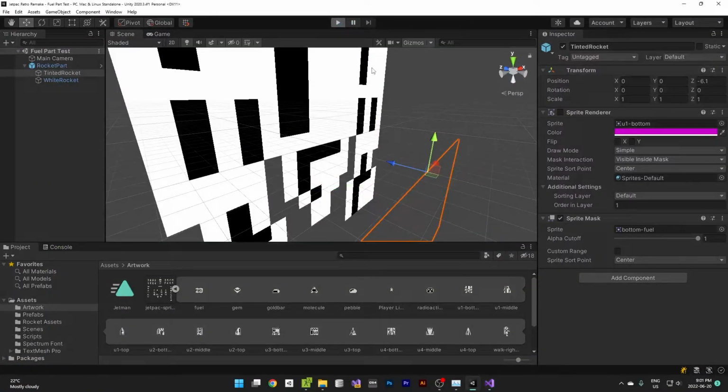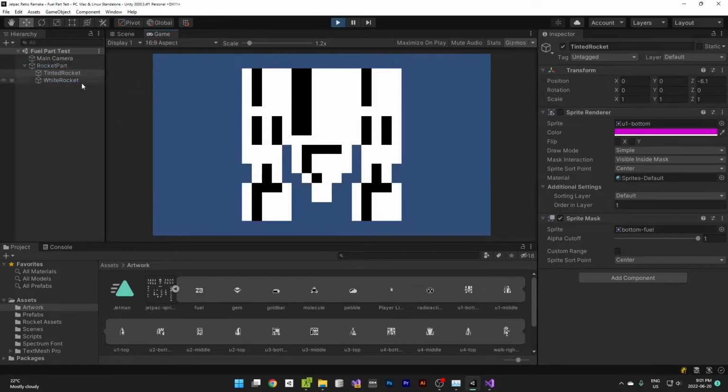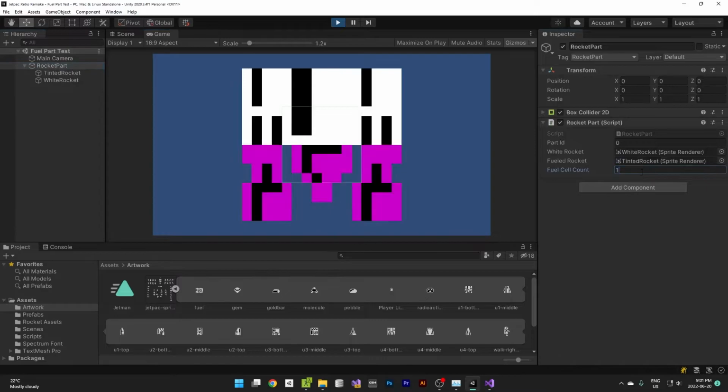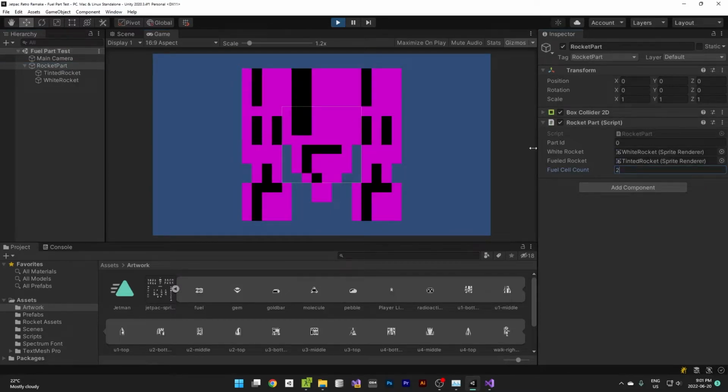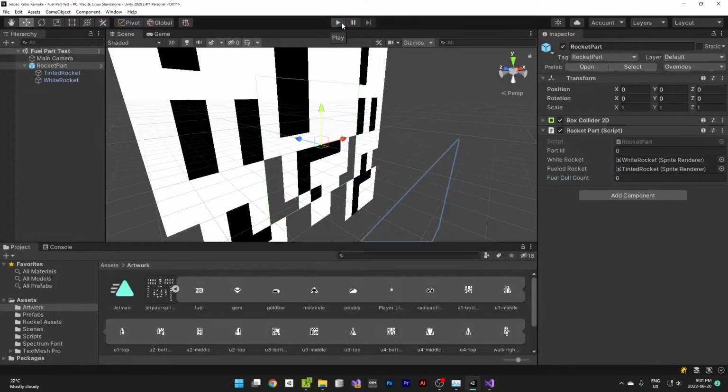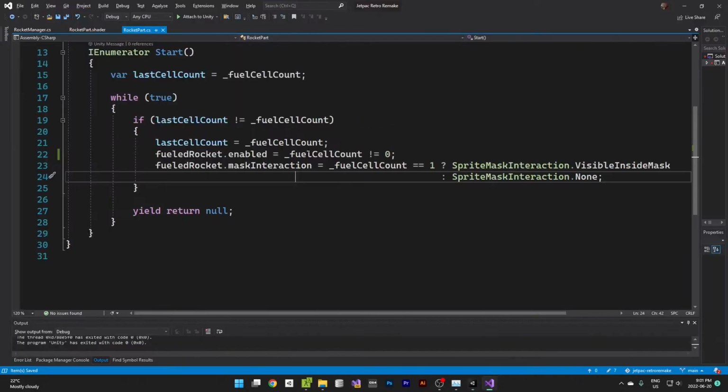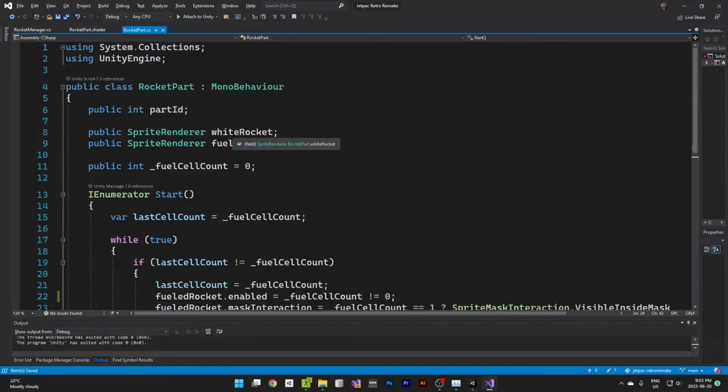Okay, there's one more thing we need to do as well. So we need to set that there. So if we set this rocket part to be 1, that's good. And then we set that to be 2, and that's good as well. Okay, so that's our fuel thing there. The other thing we need to do is we have a sprite renderer here. We need to